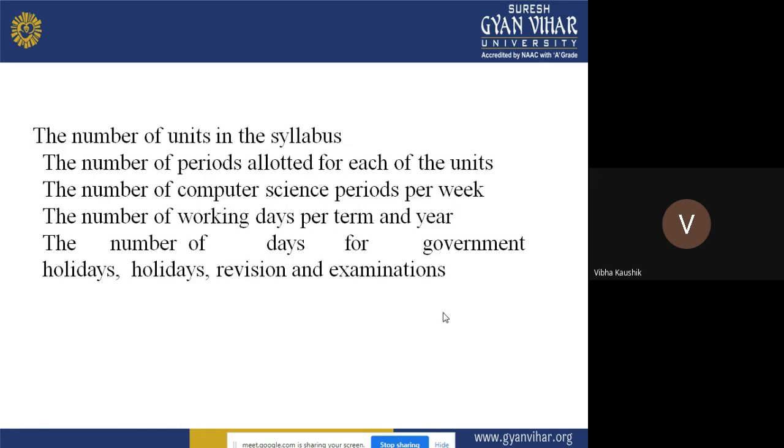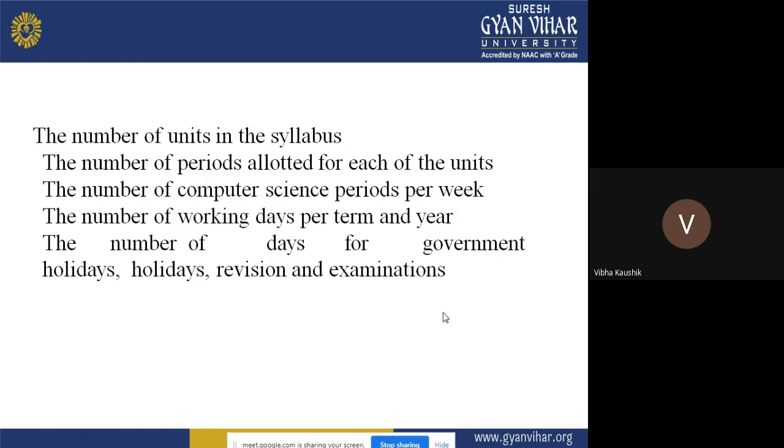Now for the working days, we have to count for every month how many working days there are. We have to exempt Sundays and national holidays and any others, and the number that comes out is called the working days per term and per year. For every particular term, for midterm, half yearly, and annual exam, these are the different terms for which the number of working days matters, because we have to prepare our syllabus before the midterm. So that the number of days,